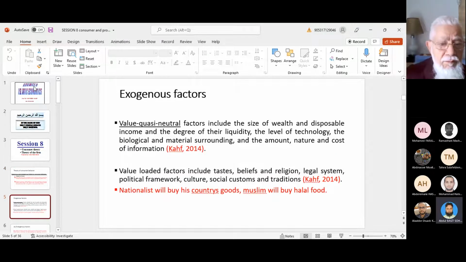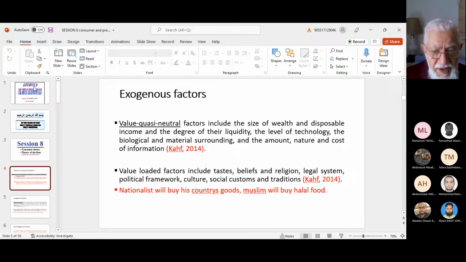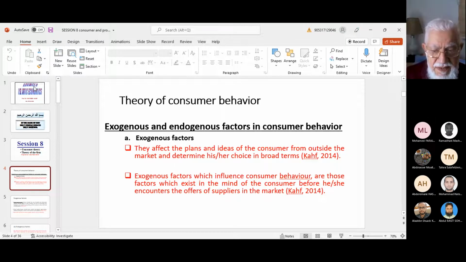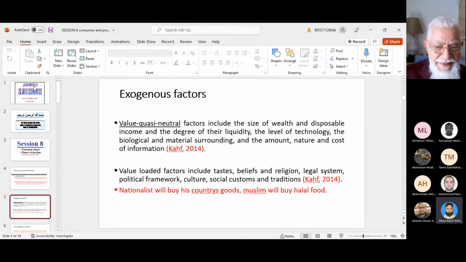So exogenous factors include the size of wealth. Now, this here, what Abdul Basit put, Kahf reference all the time. This is a bribe for me, but it doesn't affect really. And these bribes, I don't buy them. It does not increase your grade, Abdul Basit, by getting me as a reference. No, sir, I actually took material from your book, Notes of Islamic Finance. So, as honesty, I quoted you. Okay, go ahead. Thank you, sir.